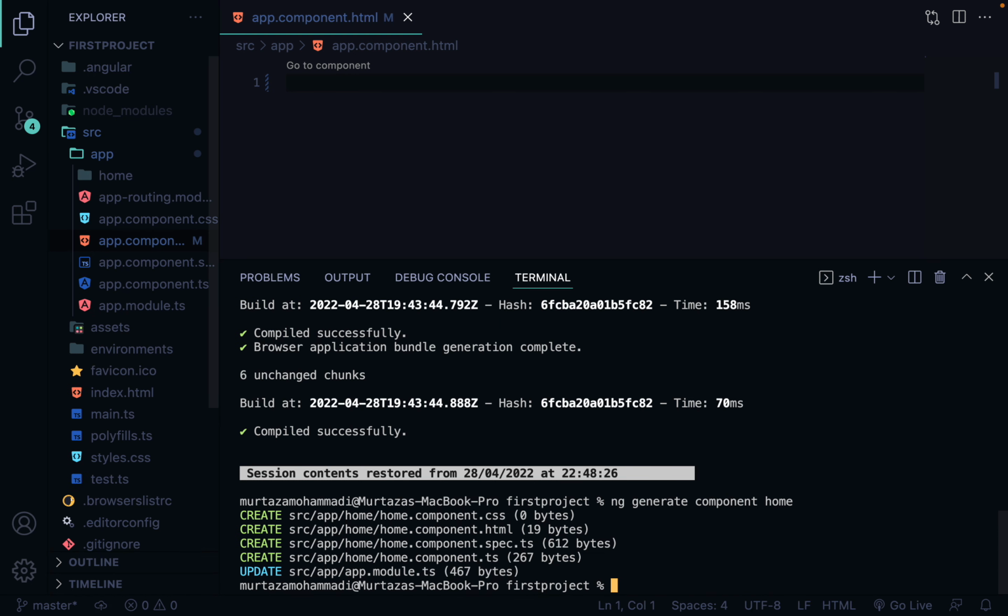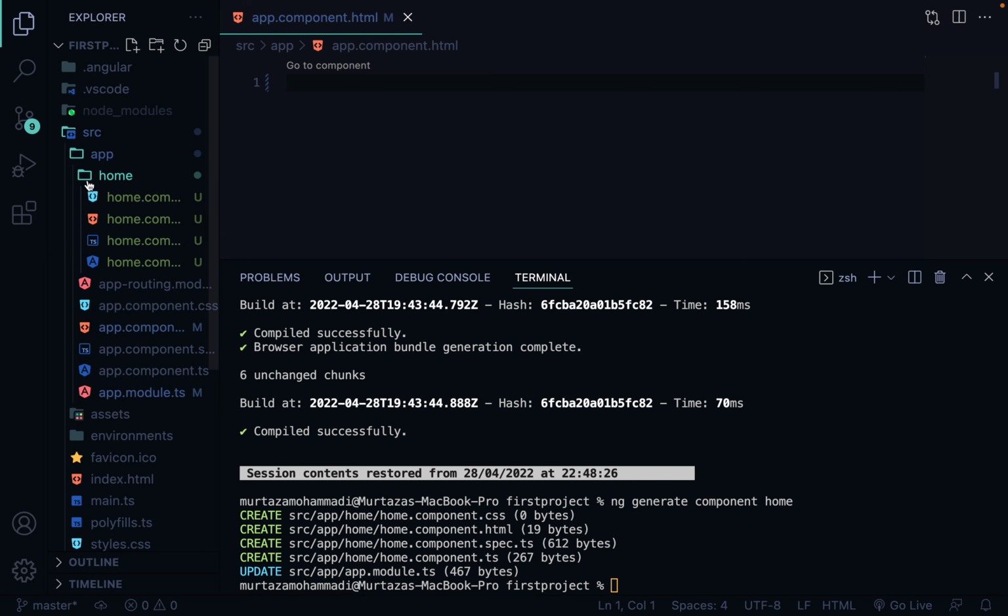Enter. As you can see, it created home.component.css, which is our style sheet, home.component.html, and home.component.spec.ts, which is a testing file, and home.component.ts, which is our component, our TypeScript file. It will be created normally under the app folder, as you can see. Okay, this is our component,